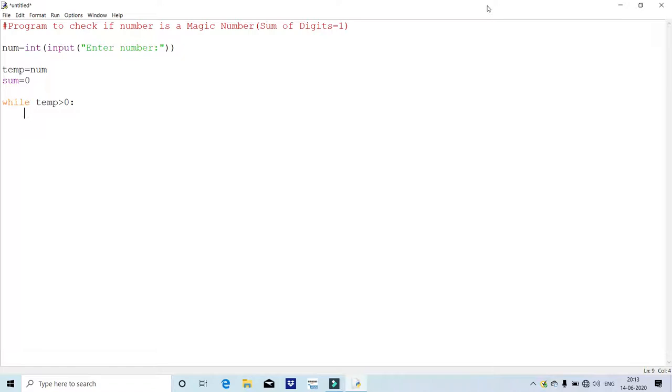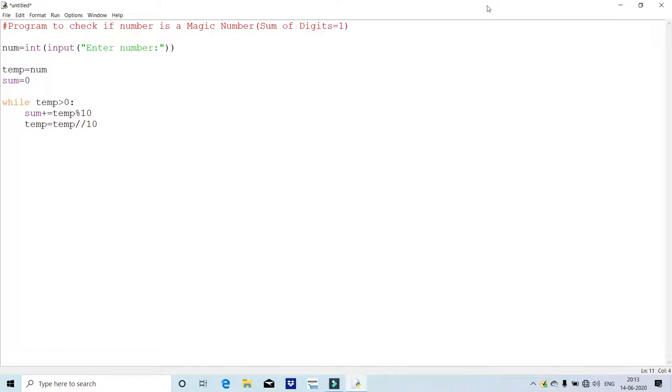So whenever the temp is greater than 0, you need to find the sum, that is sum plus equal to temp modulo 10, getting the digit and adding to the sum, and after that changing the temp with integer division. We have already discussed about it.